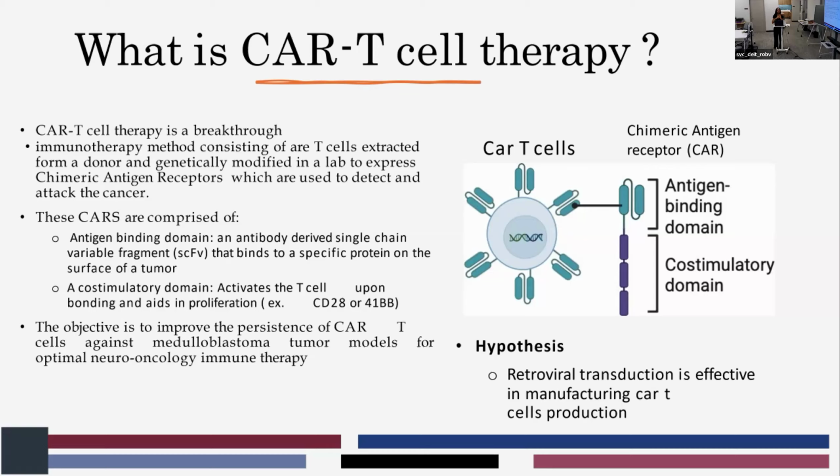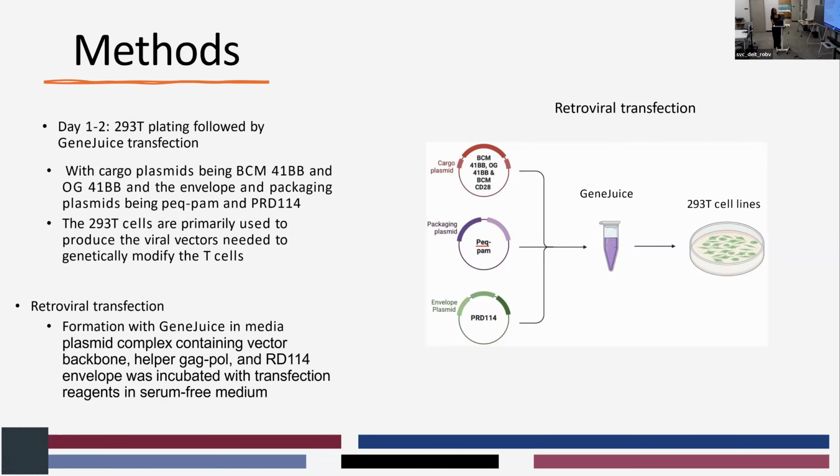And then the overall objective of my lab is to improve the persistence of CAR T cells against group 3 medulloblastoma tumor models for optimal neuro-oncological immunotherapy. And then our hypothesis was that retroviral transduction is the most effective method in manufacturing CAR T cell production. So our first method was the retroviral transfection, where we have the cargo plasmid, packaging plasmid,